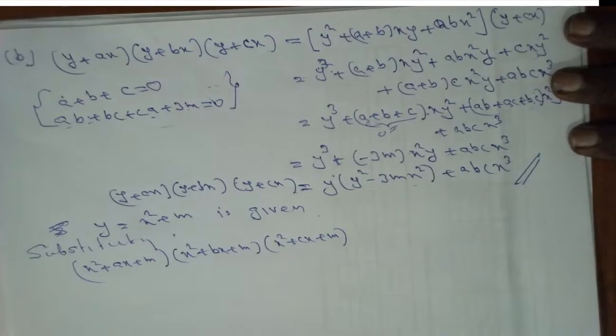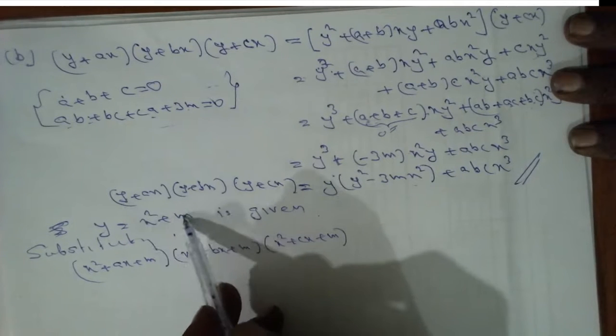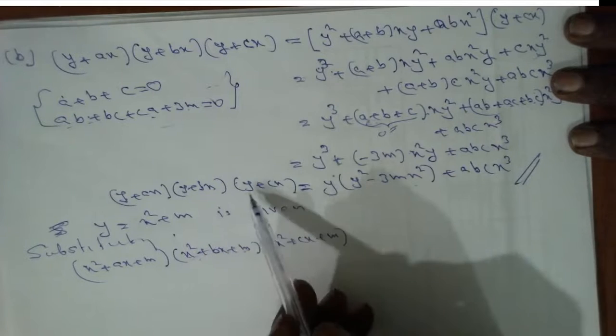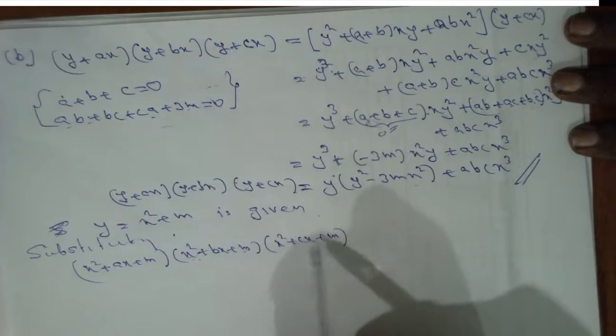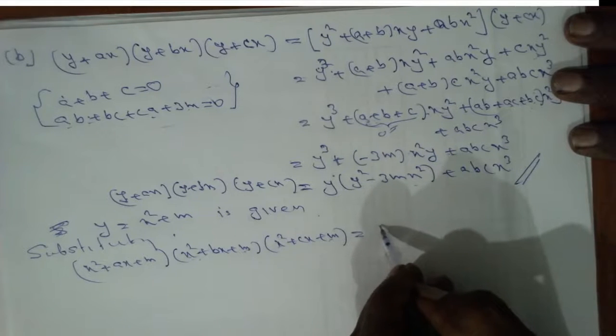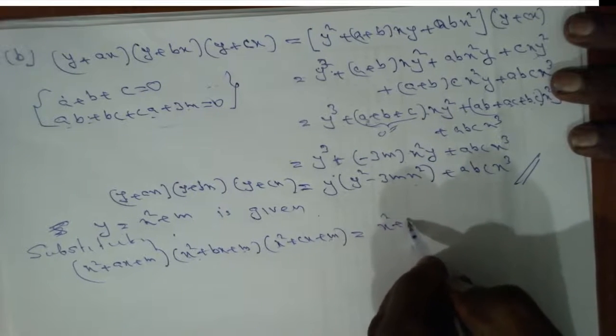Now for this y you put x squared plus m, for this y also you put x squared plus m. For this y also you put x squared plus m. Then the right hand side equals x squared plus m,